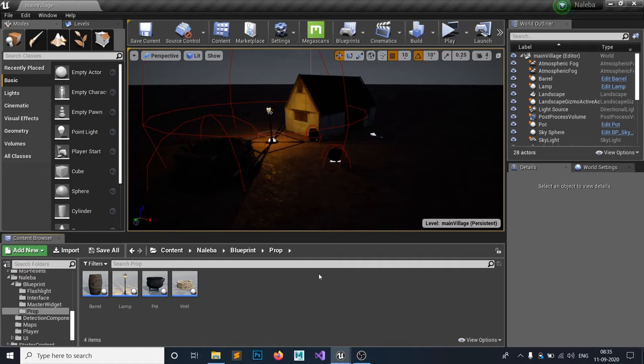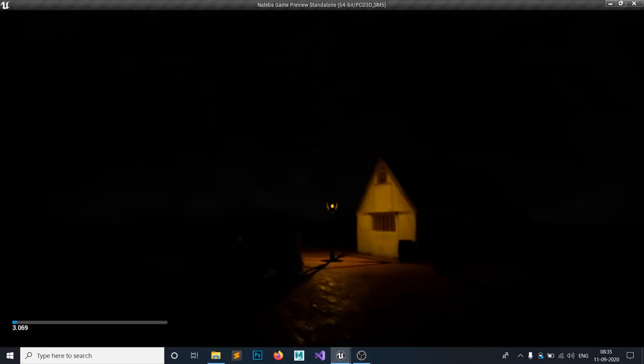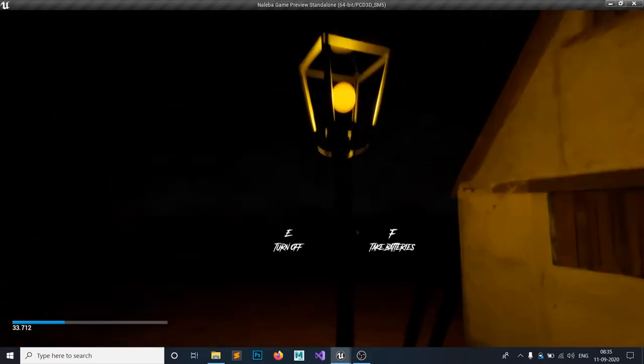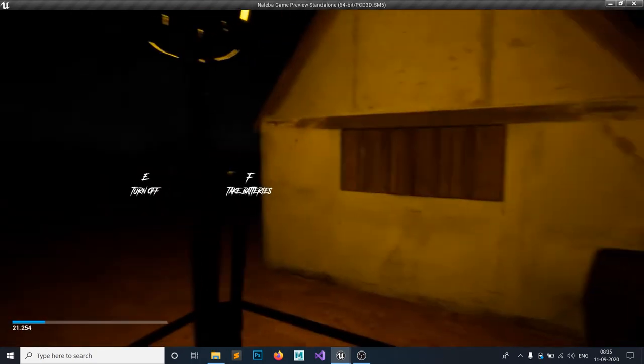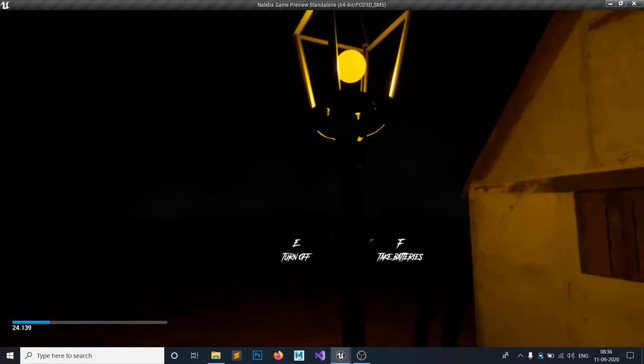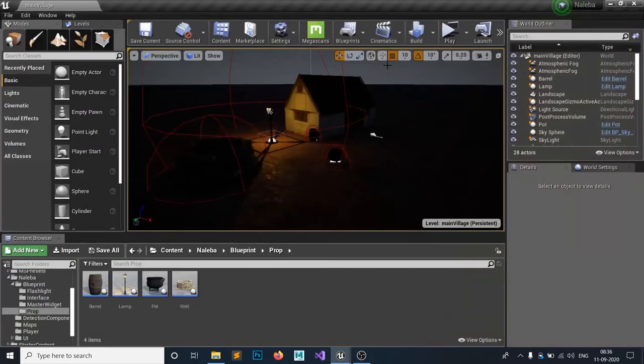And today we're gonna make a street lamp that's going to interact and do certain things. So let me show you a quick look at what we're gonna do in this tutorial. This is our lamp, and if I go in here, you can see this lamp. I can turn it off and on. Okay, so this is what we're gonna make, and we're not gonna make these battery effects, we're just gonna toggle on and off. Okay, so let's get started.